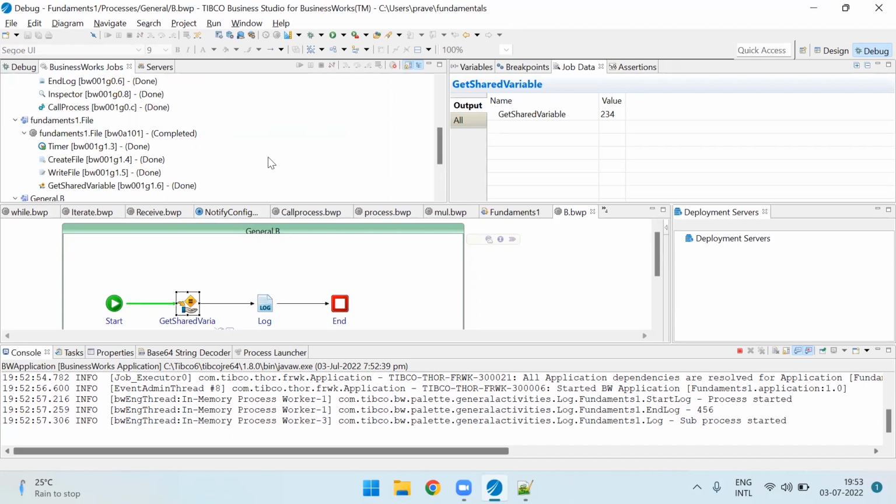Since this is a fundamentals course, we have very limited processes, so I have shown you in three processes, but when you are working on a project, you can make use of this module shared variable across the project. You can call that module shared variable value by using the get shared variable activity across the processes within the project. Okay, so that is it about the